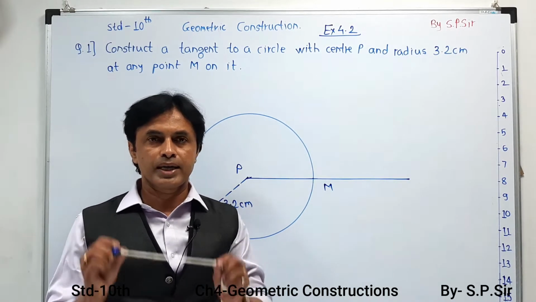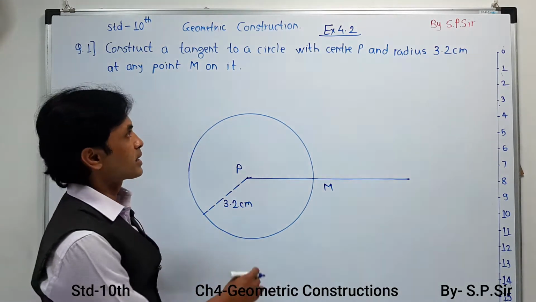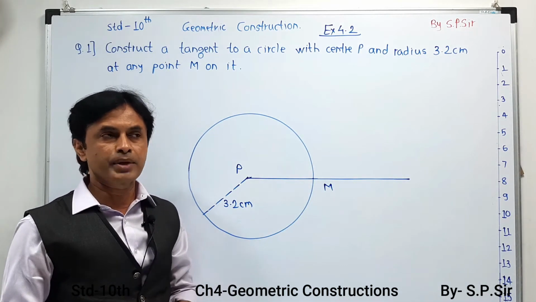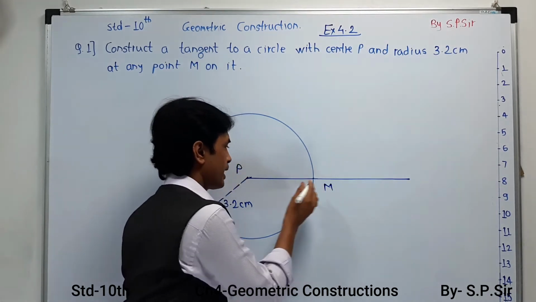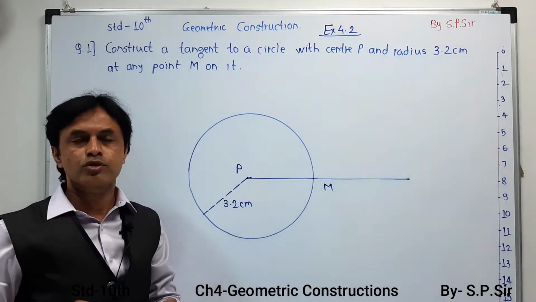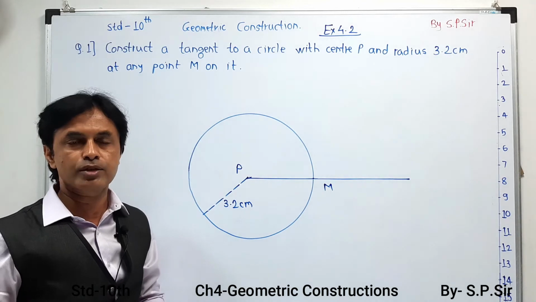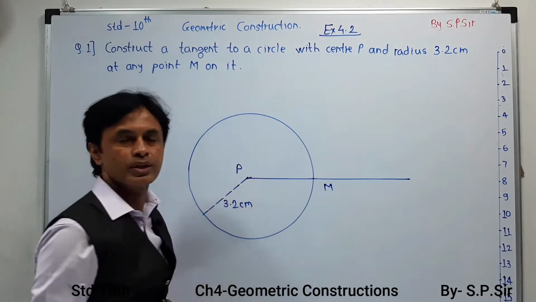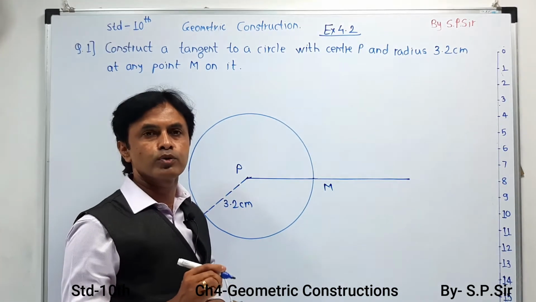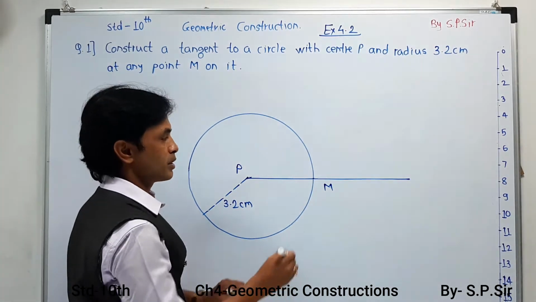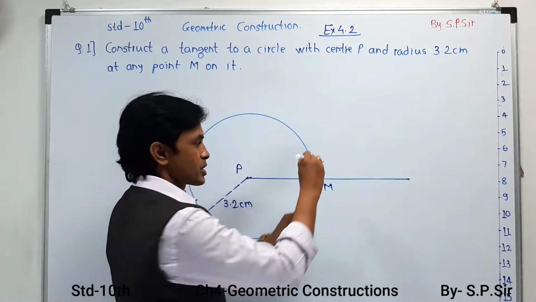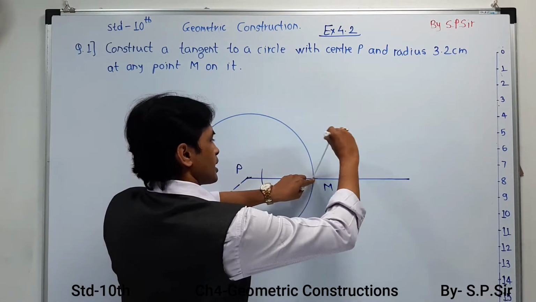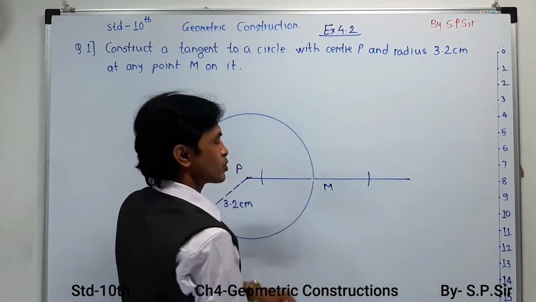Now we have to do the next part. Take a compass, with the circle having a radius 3.2 centimeter. I would like to request that you make 2 marks from M, and that should be over here on the radius. So take a distance less than 3.2 centimeter so that your marks will automatically come between M and P, and next over here. So I am taking a tentative distance. You can take 2.5, but less than 3.2 centimeter. Here I have taken a tentative distance, and from point M I am going to make 2 marks. One is inside the circle on the radius, and the second is outside the circle.